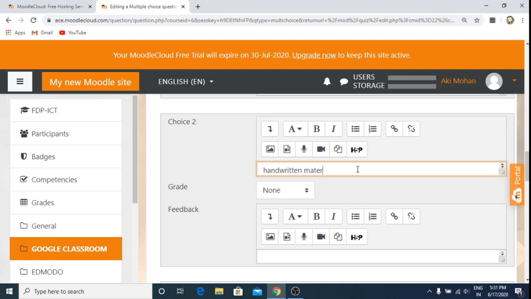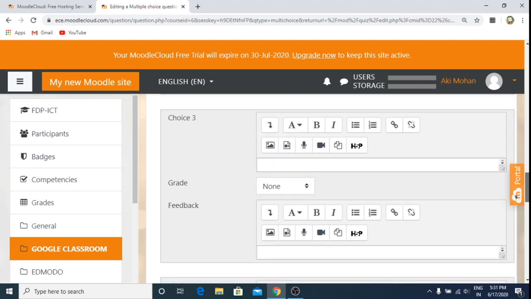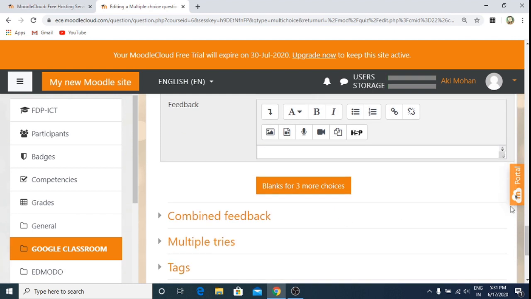Since it is a wrong answer, I'm going to keep it as none. I can even add a third choice and keep it as none. For now I'll just save it, save changes.